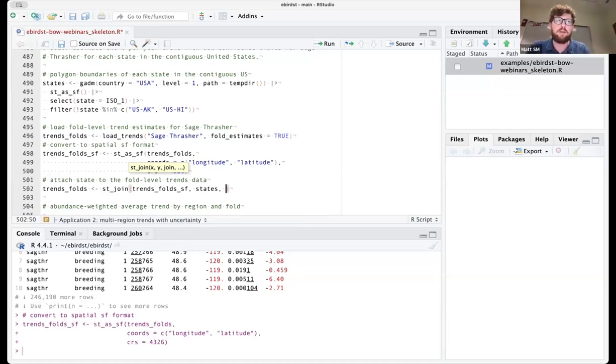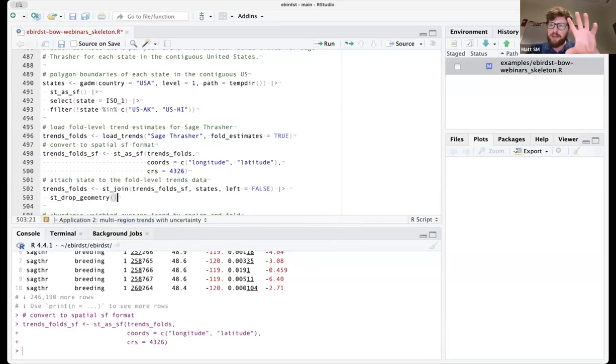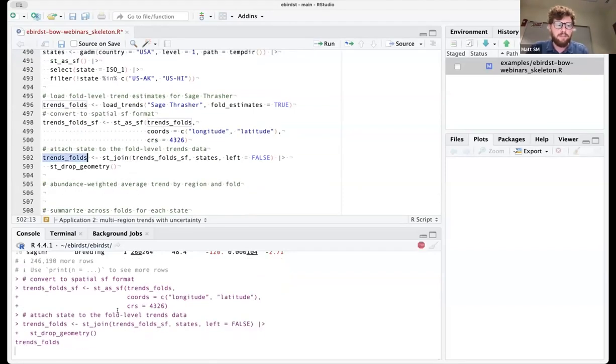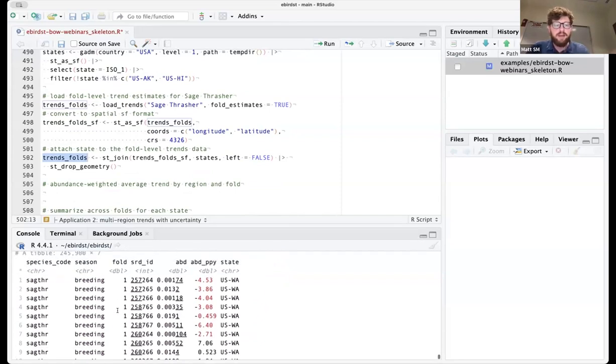I want to remove those points. And to do that, you say left equals false. This is going to return a spatial object, but I'm actually done. I don't need any other spatial operations. So I'm going to also say st_drop_geometry. That converts it from a spatial data frame back to just a normal data frame. Let's look at it. Exact same data frame. The only difference is that now every cell ID is associated with a state. So this cell is in Washington.